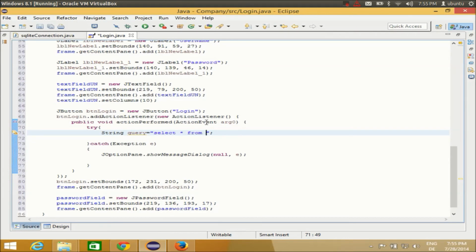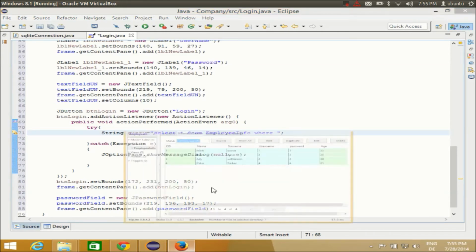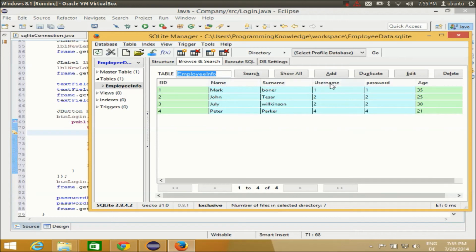So select star or asterisk from your table name, and then we will write a where clause. Just write where your username. So what is the name of the username? Just username and password, right? So where username,